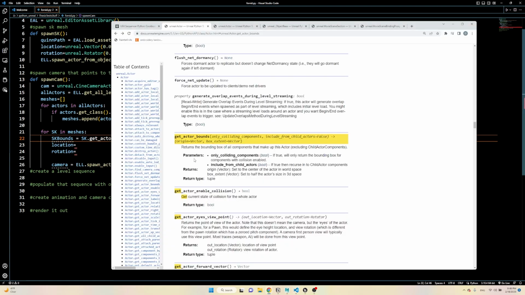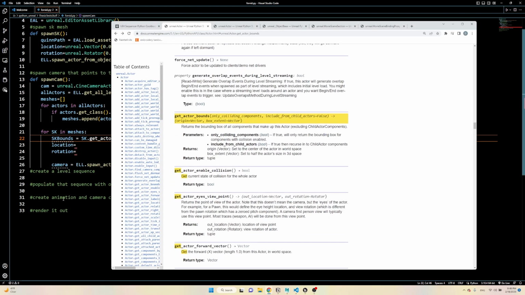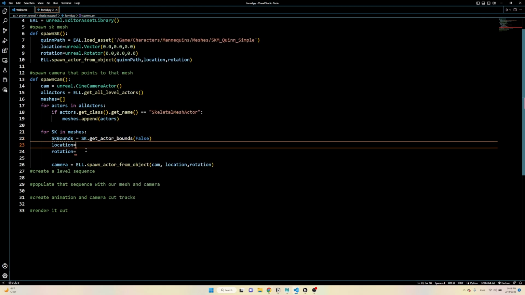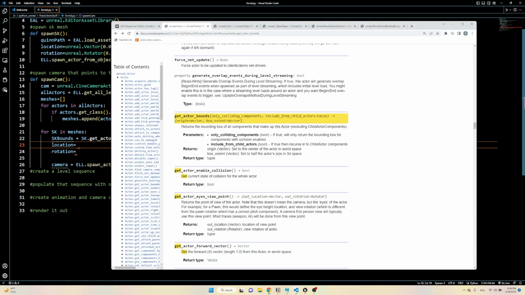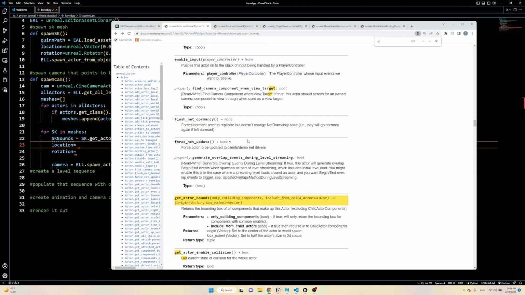And from here, we can remember that it'll return a tuple. And what we want is this second element of this tuple, right? We don't want the center. We want half of the actor size in 3D space, so we can maybe multiply it by 2 to get to the guy's head. So now for location, we can also use another method here called get actor location,